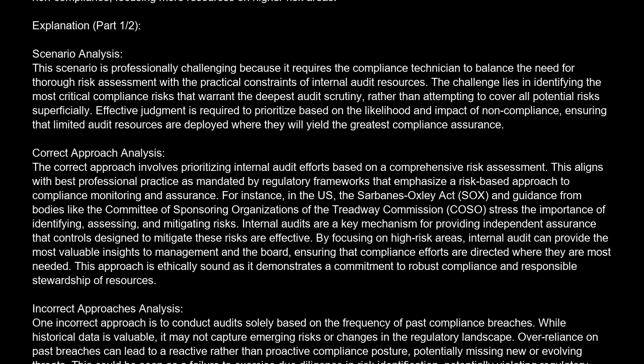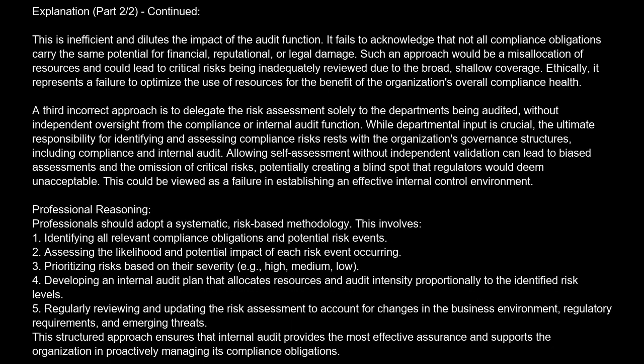forward-looking compliance program. Another incorrect approach is to audit all compliance areas with equal intensity, regardless of their inherent risk profile. This is inefficient and dilutes the impact of the audit function. It fails to acknowledge that not all compliance obligations carry the same potential for financial, reputational, or legal damage. Such an approach would be a misallocation of resources and could lead to critical risks being inadequately reviewed due to the broad, shallow coverage. Ethically, it represents a failure to optimize the use of resources for the benefit of the